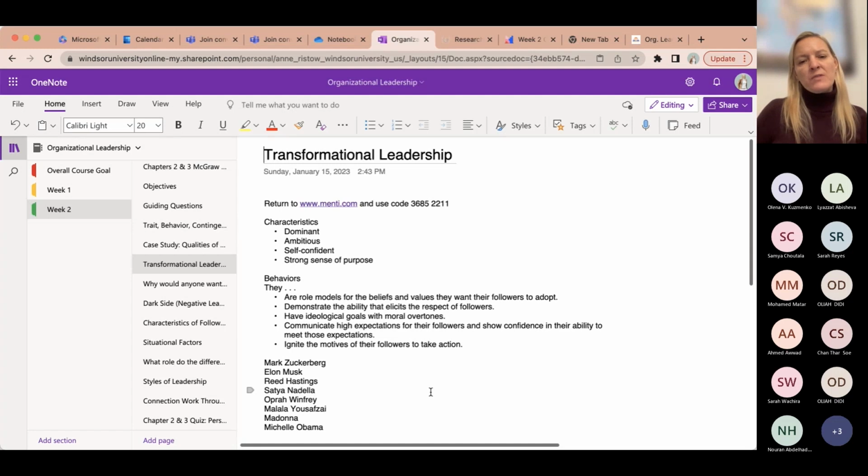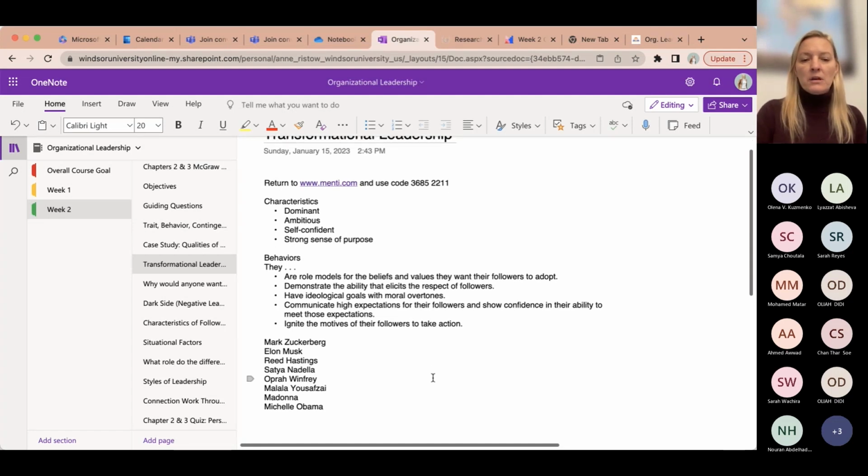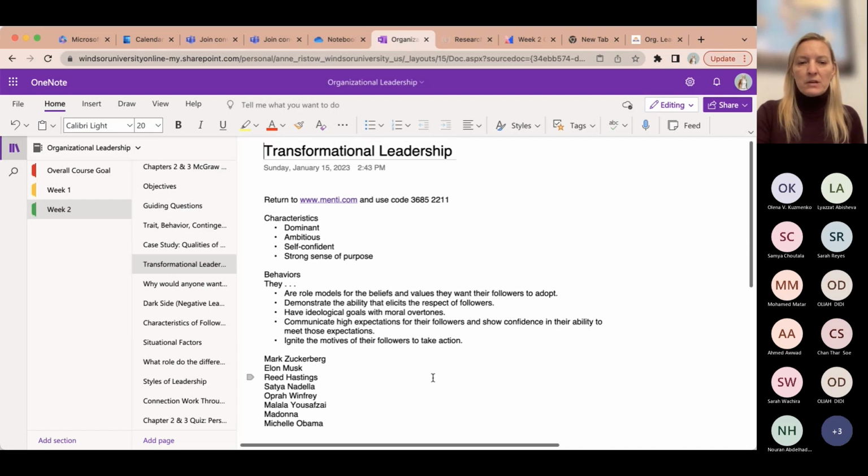So first, with transformational leadership, you all are going to get an opportunity to experience leading in a transformational way with your first project for this course. And I'm going to give you more details about that in next week's session. But we might have time at the end of today. I'm not 100% sure that we'll have time though, but for sure in next week's session, we'll talk about what that's going to look like.